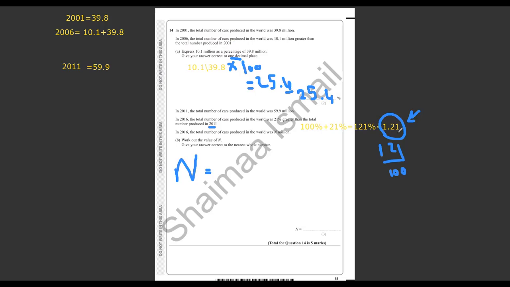We change it directly to decimals, so we say that it is the 59.9 million multiplied by 1.21